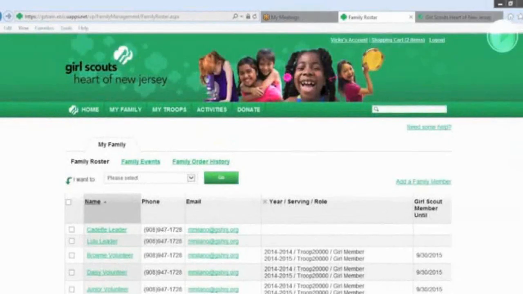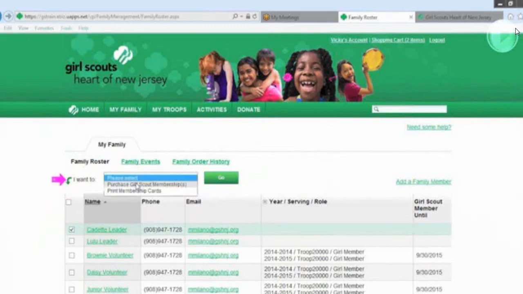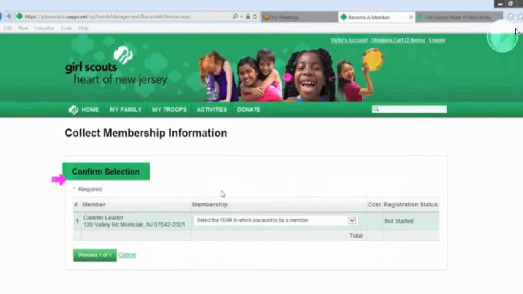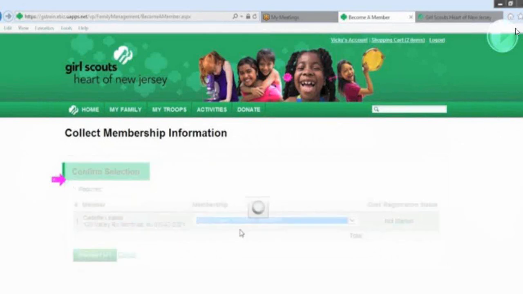Registering a new girl member. From your family roster, select the box to the left of the family member's name you'd like to register. Confirm your selection. Select the year in which you want her to be a member.